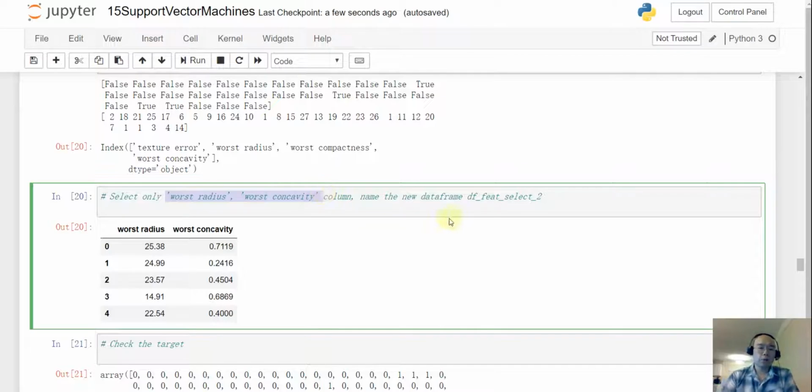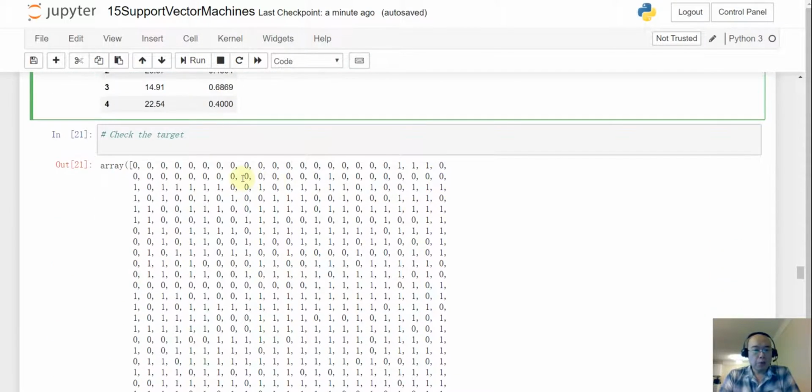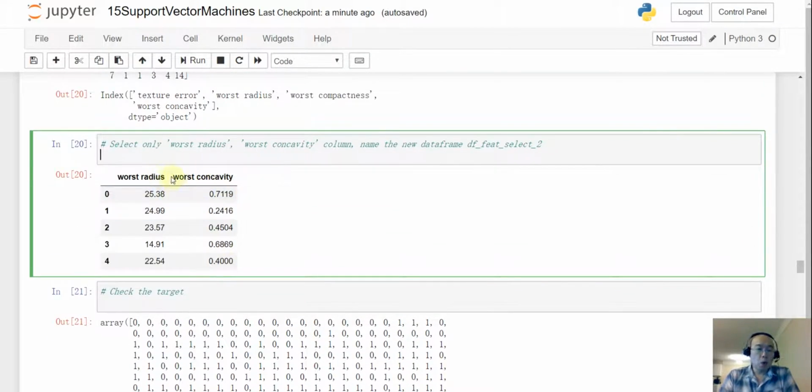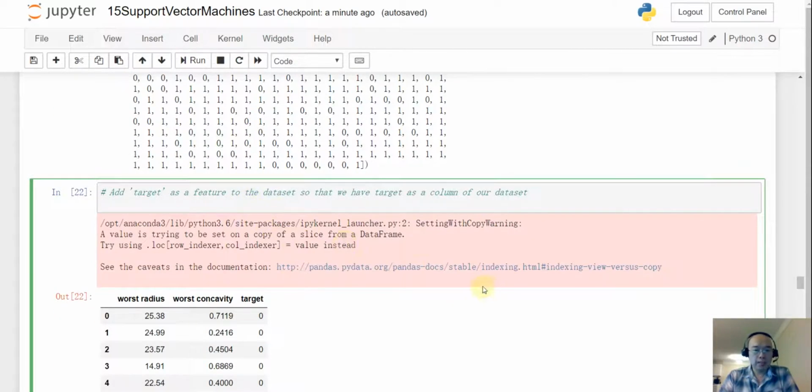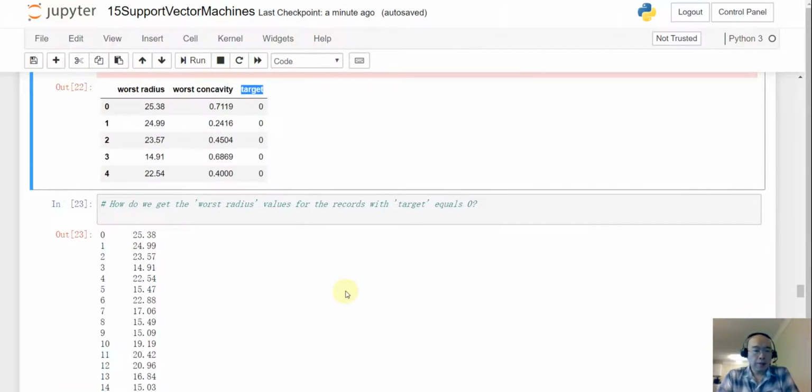If I only select those 2 columns, you will see the scales of those 2 columns are very different from each other. So if you want to continue from here using only those 2 features, you definitely want to create a standard scaler. The first thing I did was put those two features and the target column together and put that into a new data frame. And after that,